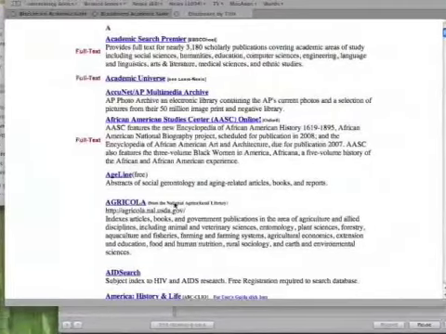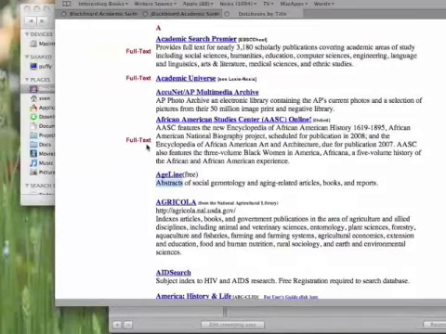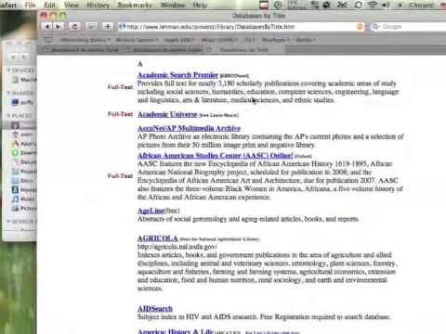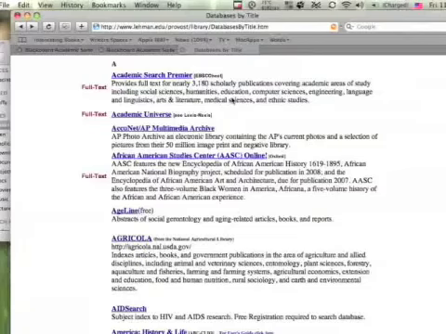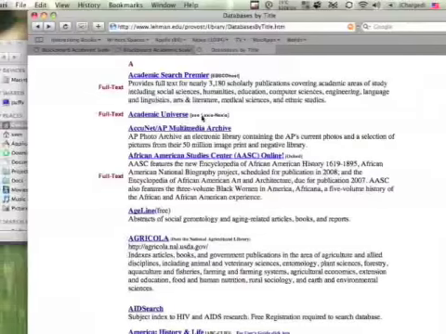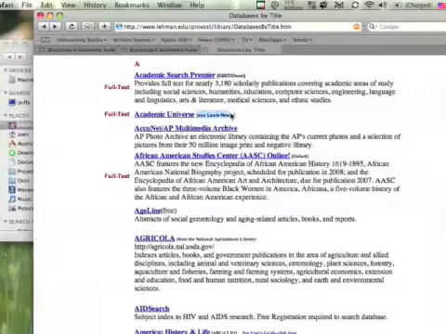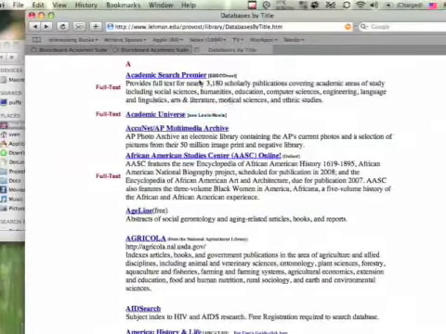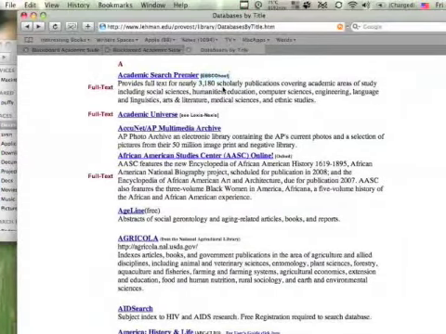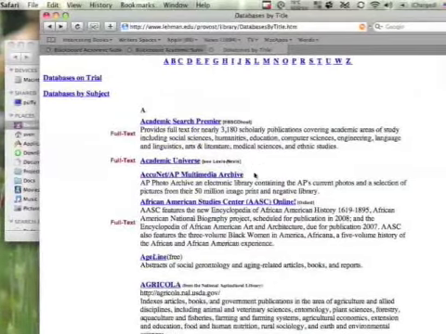Books and reports and whatnot, but what's important about it is it only gives you abstracts, not the full text. So there are a few particular databases that are probably going to be better than other ones. Academic Universe is another version of LexisNexis. It's a subset of it. Academic Search Premier is a different subset of EBSCOhost. So keep in mind these for a moment.